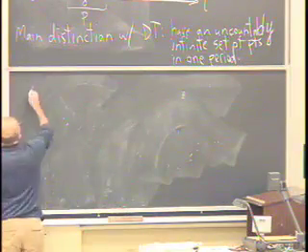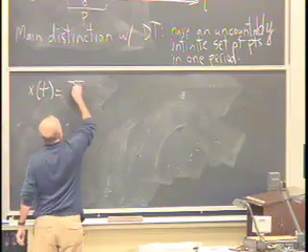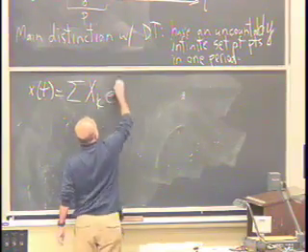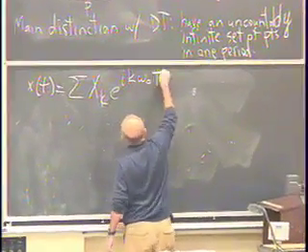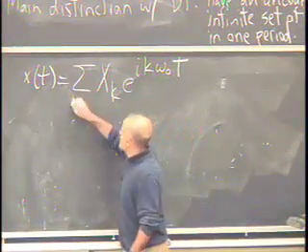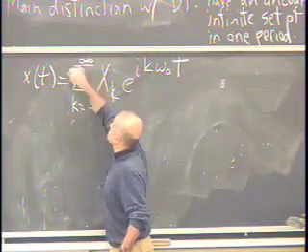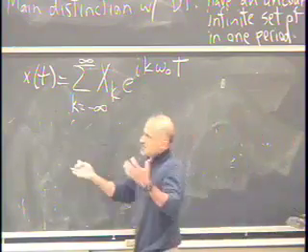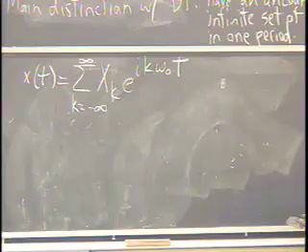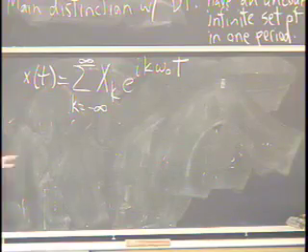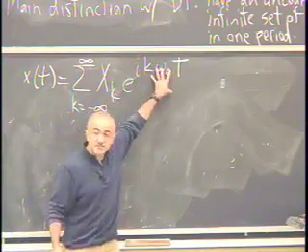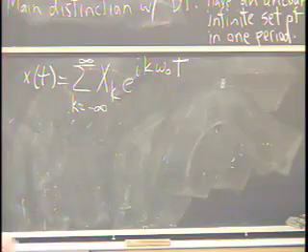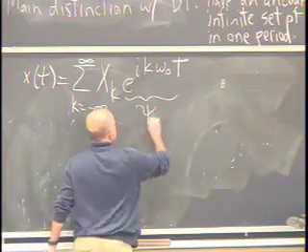Because Fourier said you can write this signal as a linear combination of a bunch of complex exponentials, where that linear combination now goes from minus infinity to infinity. Something is counterintuitive about this whole picture. I have an uncountably infinite set of points in one period. Your intuition would say, well, I need an uncountably infinite set of coefficients and an uncountably infinite set of these complex exponentials, or CKs. But that doesn't happen